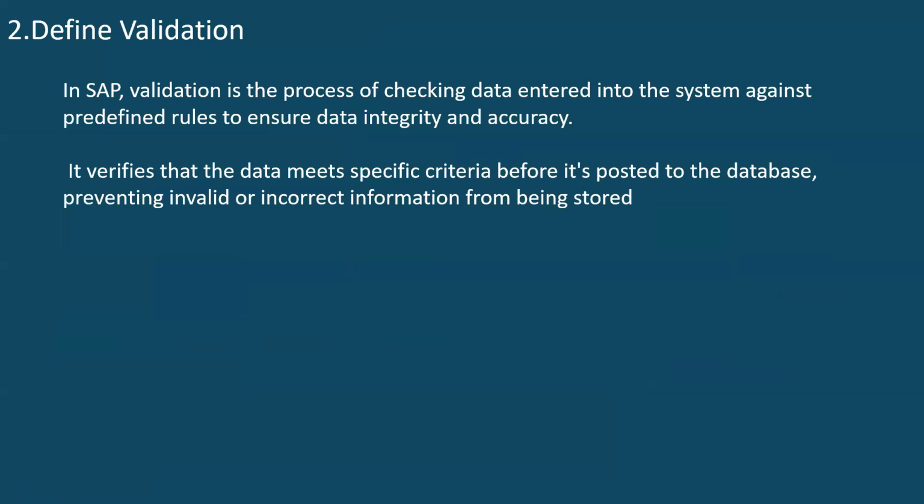In SAP, validation is the process of checking data entered into the system. Just like the example I told, whenever you enter the Gmail user ID correctly and the password is wrong, the system database will check what password we created while creating the Gmail user ID. The password that we give to the system, the same password will be